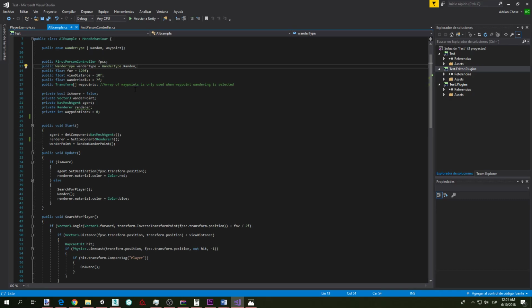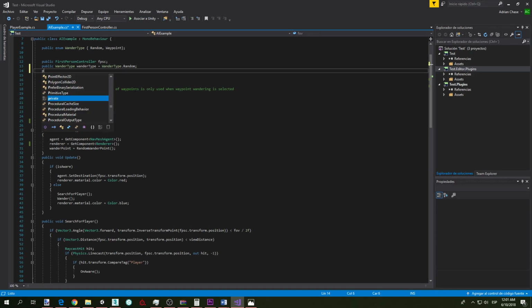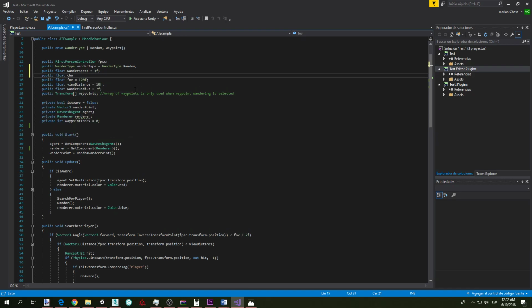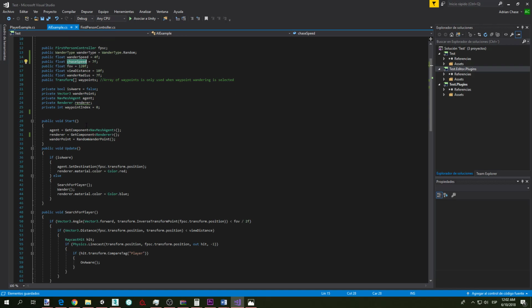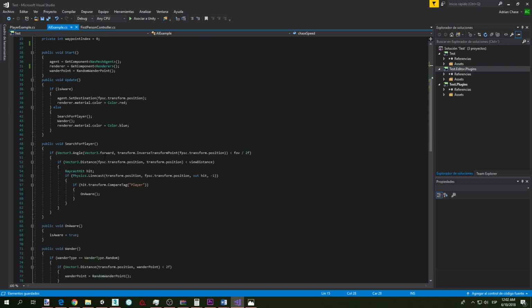another variable, which would be public float wander speed. And let's make this 4f. Public float chase speed. I'm just throwing random numbers. So basically, wander speed would be the speed of the zombie when he's wandering, and chase speed would be the speed of the zombie when he's chasing. So now what we want to do is open our